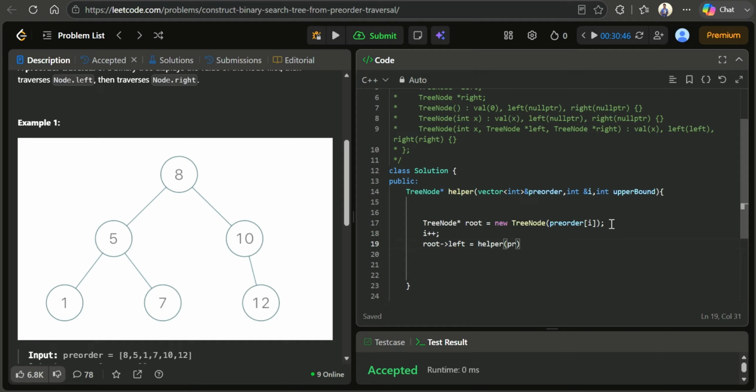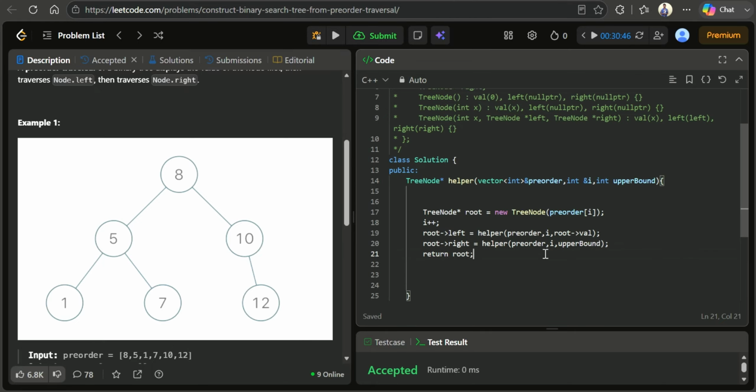The value is going to be as it is for pre-order. I is going to be the same, and then for the upper bound it's going to be root's value. We'll again call the same helper function for the right section by I, and then here the upper bound is going to be the upper bound itself that we got from our function call, which is this value,